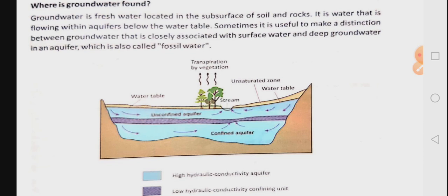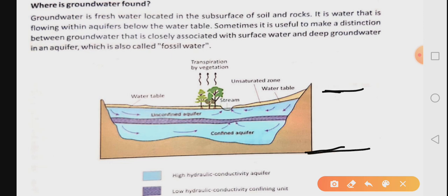As the name is telling you, ground, this water is present under the surface of the earth. I hope all of you know that the earth has different layers. This is the surface on which the soil is present, and in the inner layers of the earth, this surface is made of huge stones. There are very large stones in this surface, and it is called bedrock. Please remember the name. This is the surface of the soil and this is bedrock. Underground water is present between these two surfaces.